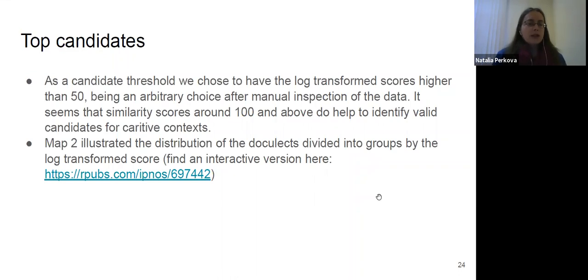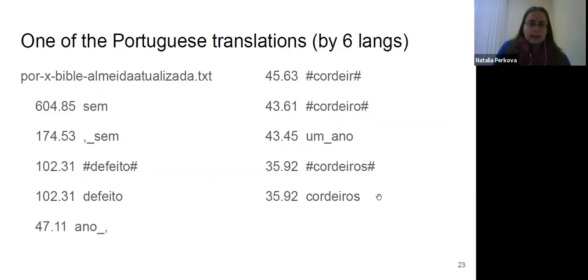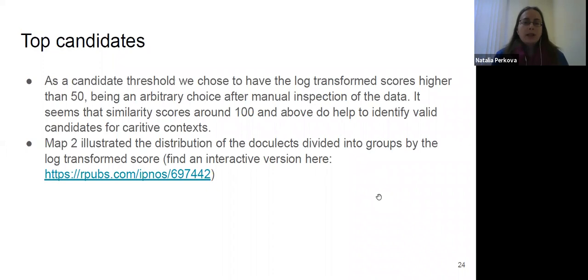So then we chose the top candidates from our list. The lists are actually available, at least in the Slack channel, if you want to have a look at them. So they look like this, actually. We chose those that have scores over 1. Well, originally we chose those that had 50, but I'll show the map here, which sort of shows